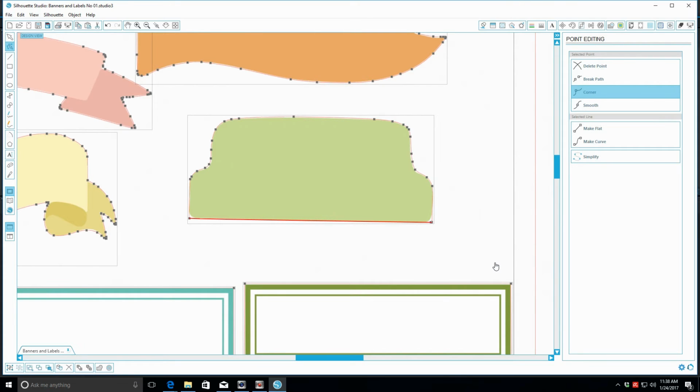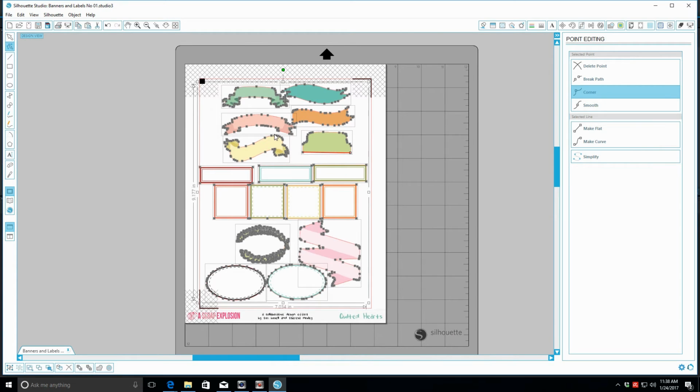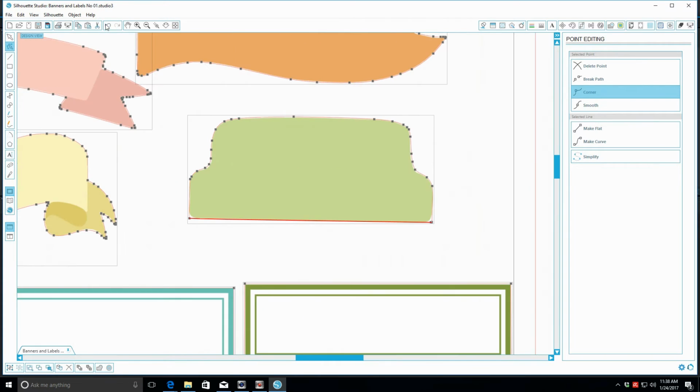So hopefully that helps you sort of know how to clean up your lines a little bit. That's certainly one way. There's other ways that you can do it as well. This is probably the way that I use the most, and you're probably thinking, really, you go in there and edit these individual little points? There's something actually kind of fun about editing these little points,